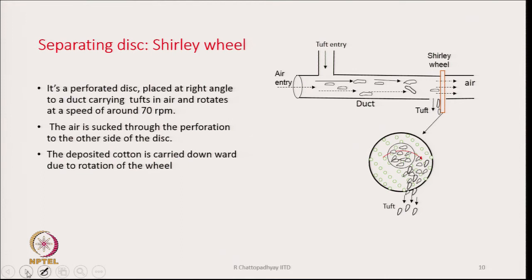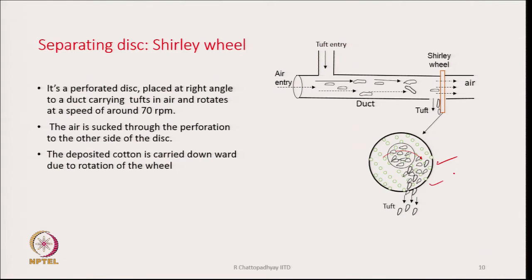Now, a Shirley wheel is shown in this diagram. It is basically a perforated disc. You can see this diagram on the right hand side, the lower diagram. There are a lot of perforations on this disc, and it is placed at right angle with respect to the duct axis, and generally rotates at a typical speed of 70 rpm. The air is sucked through the perforations to the other side of the disc, and the